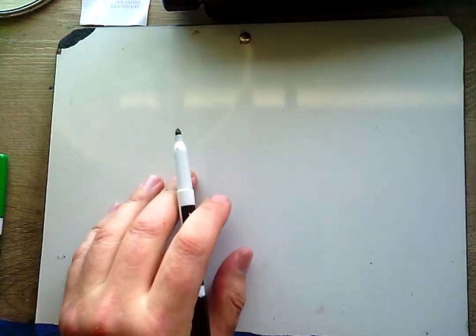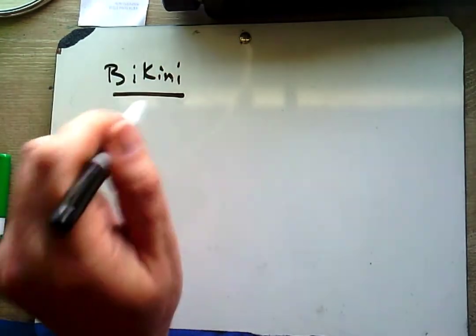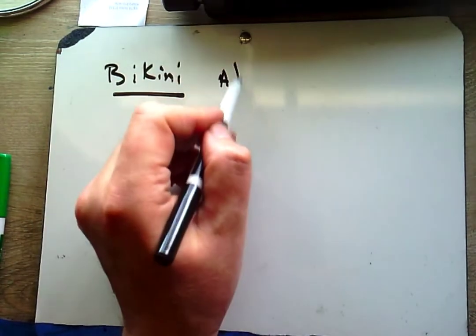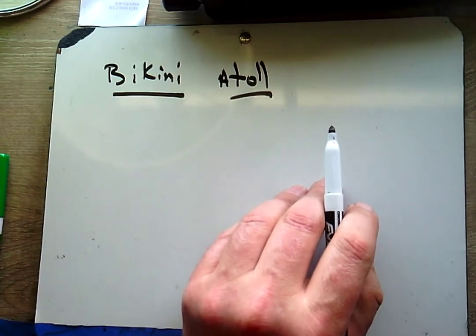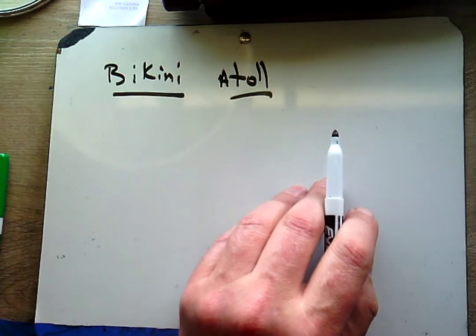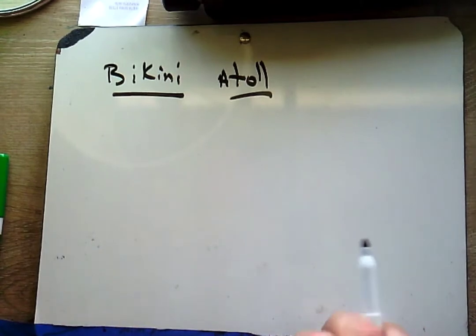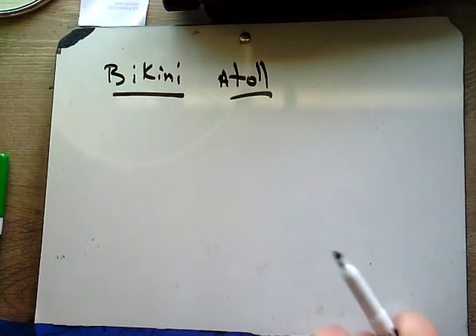Okay. Next, I want to talk about bikini, and not the garment, though the garment was named for this event. Bikini Atoll is a small place in the Pacific Ocean where the United States was interested in carrying out nuclear weapons testing. It turns out that before we dropped the first one in New Mexico as a test to see what would happen if we dropped it on, say, Japan,